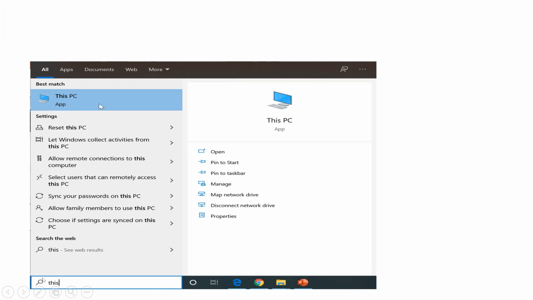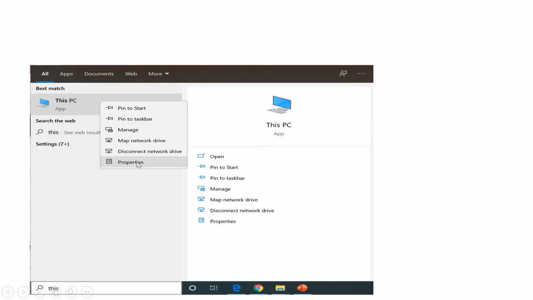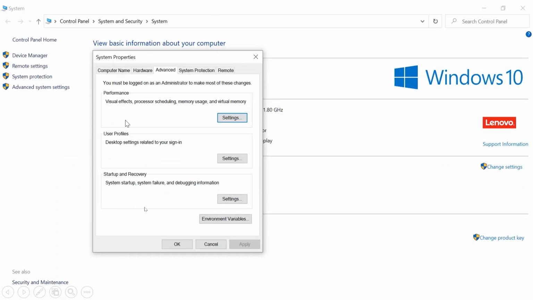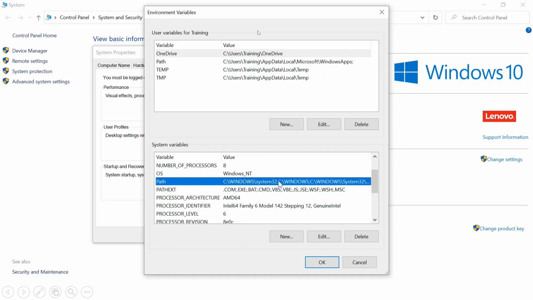So just type this and you'll get something like this PC. Right click on that and you'll get the sub properties window. Click on the properties again, and then you'll get something like that window. Click on the advanced system settings, and then again a sub window will appear, like system properties. Click on the environment variables, and then you will get the environment variables window. Just double click on the path and you'll